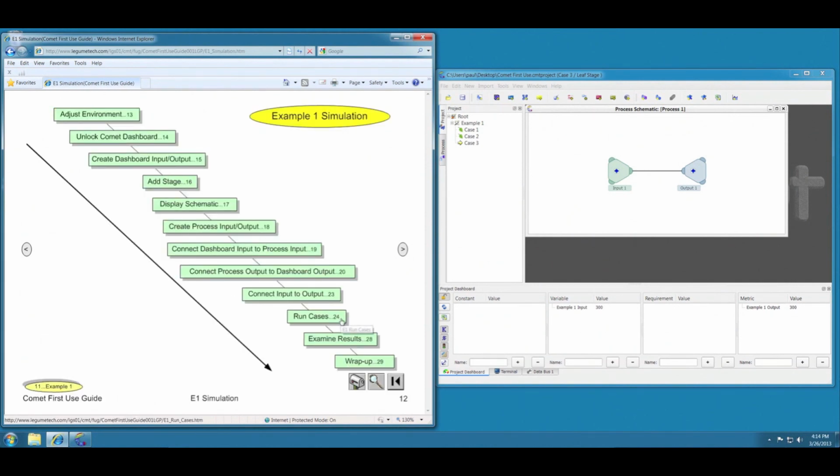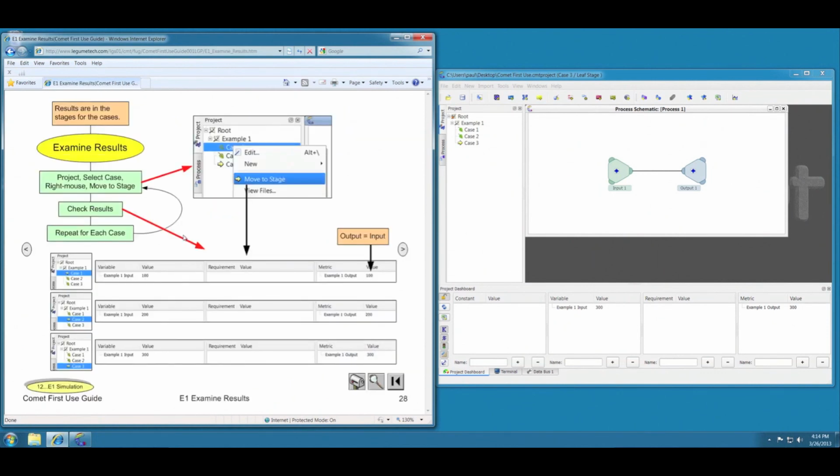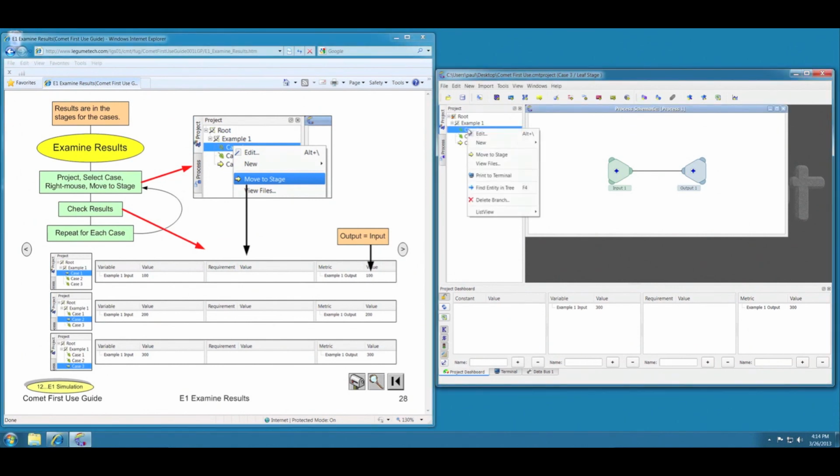Okay, well, we've run the examples. Now let's look at our results to verify what we got. And the way we do that is we right mouse, move to stage, check the results, and repeat that for each case. So let's go to case 1, right mouse, move to stage,